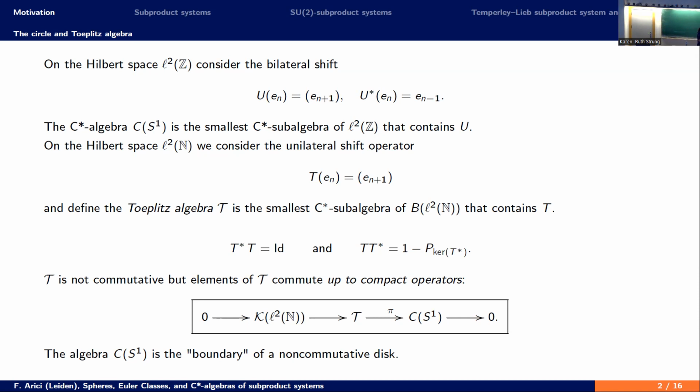Which means that if you quotient that algebra by compact operators, you get a C star algebra that is commutative. And now you may wonder, what is the spectrum of this commutative C star algebra that I get as a quotient? That's a circle, as you could have guessed. So you can look at this extension and think, this extension tells me that the C star algebra C of S1 is the non-commutative boundary of some non-commutative C star algebra, which I call T, Toeplitz algebra,